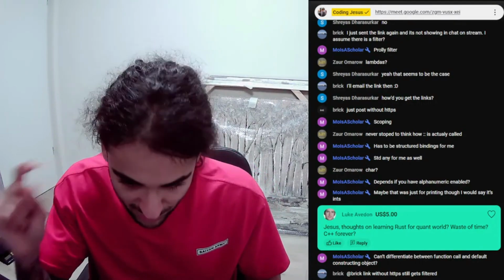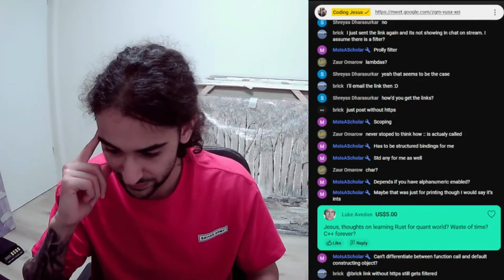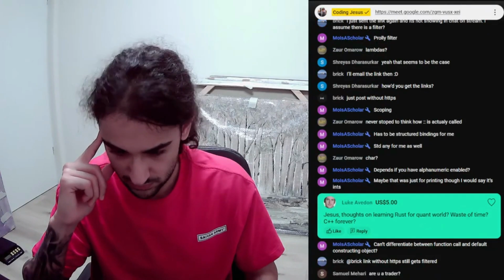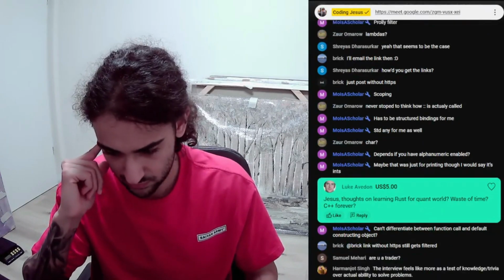How would I solve that though? How would I tell the compiler that no, this is not a function forward declaration, this is indeed an integer variable called f? You could use brace initialization, for example. That's right.